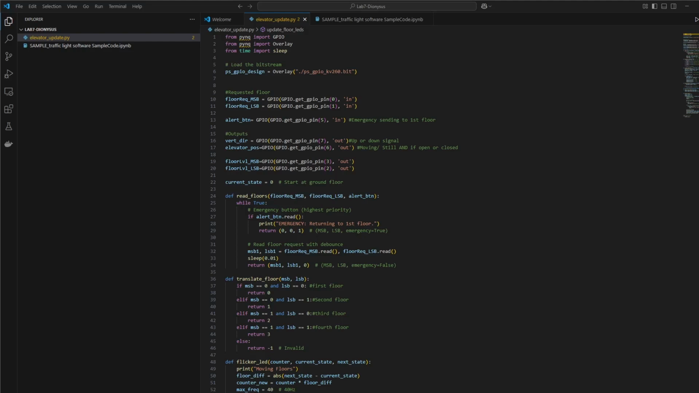So in this video, we'll be going over creating the hardware for the elevator. We will have different inputs that rely on buttons, and the outputs rely on LEDs that specify what's occurring with the functionality of the elevator. All right. So the three different inputs are the alert button, and then the two inputs